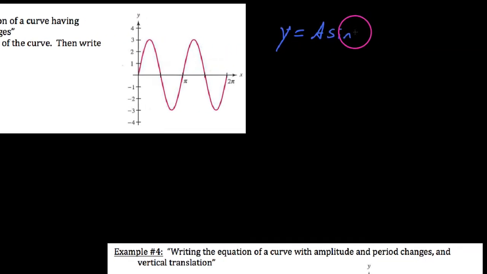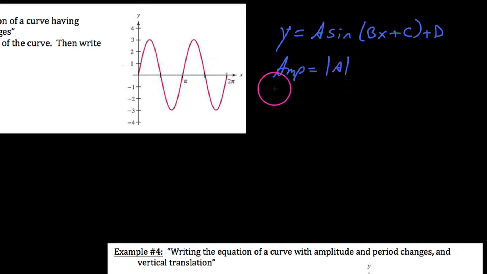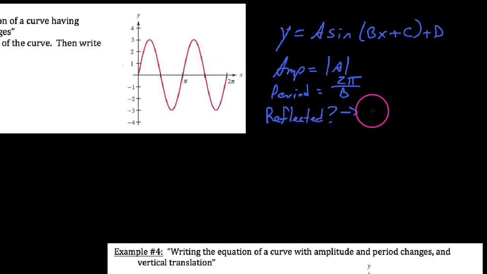So we say these are some functions a times a sine or cosine of some bx plus a c value plus a d value, where again we know that the amplitude of this graph is the absolute value of a. We say the period of this graph is equal to the normal period of sine or cosine, which is 2 pi divided by b. We say if it's reflected, answering this question reflected, we're really asking this question here, is